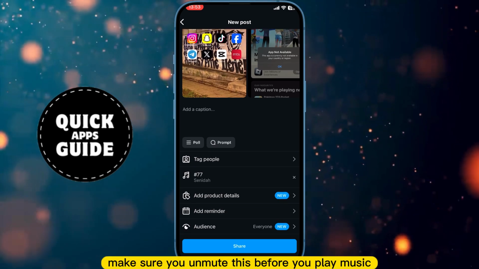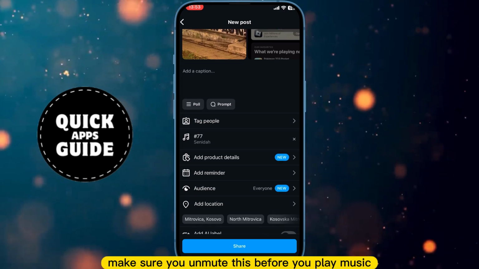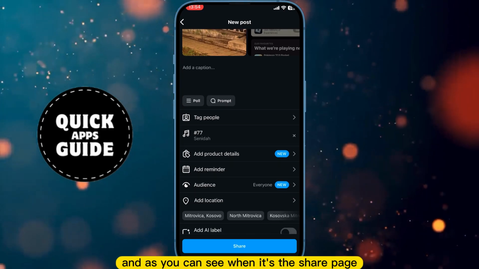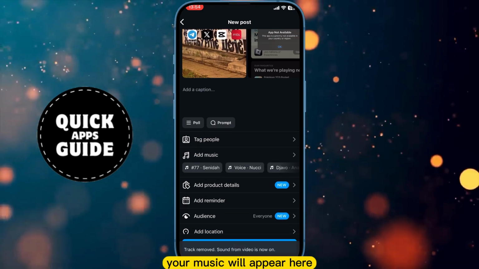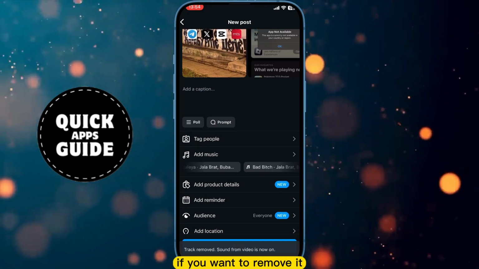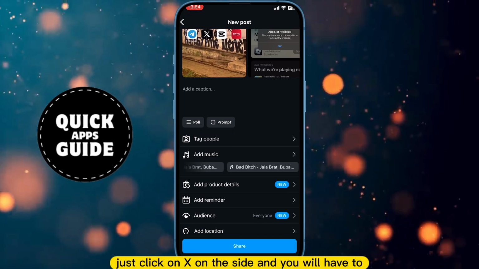Make sure you unmute this before you play music, and as you can see on the share page, your music will appear here. If you want to remove it, just click on the X on the side and you will have to